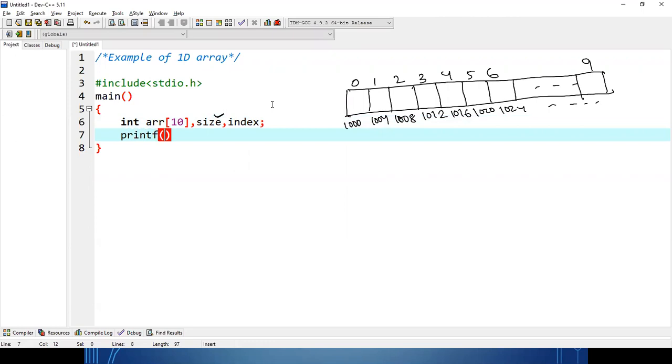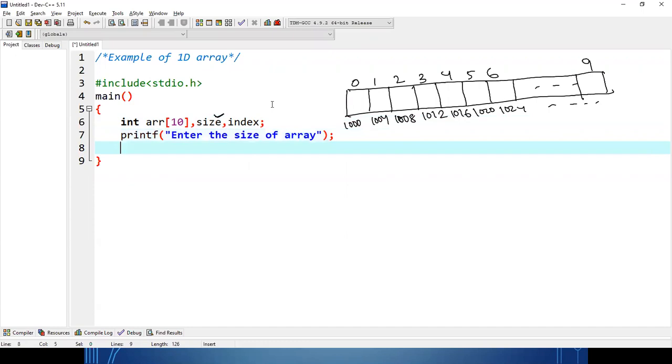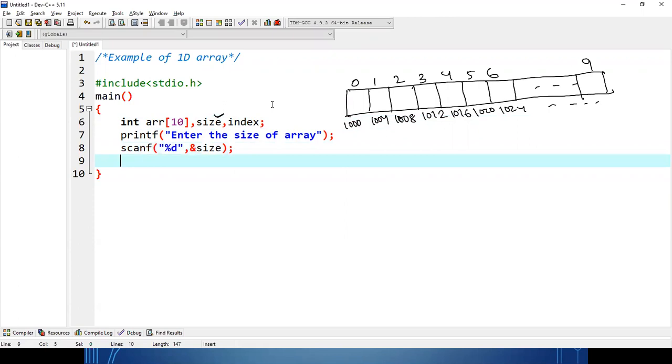Before taking the input into the array, I am asking the user regarding the size of the array. Whatever the user inputs, accordingly the values will be operated.